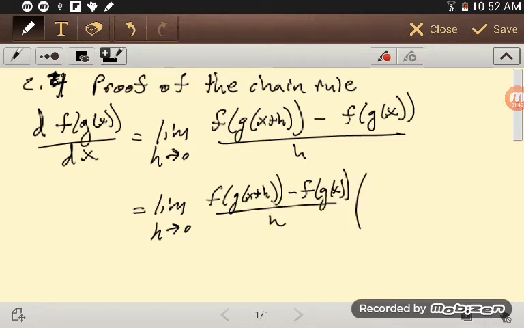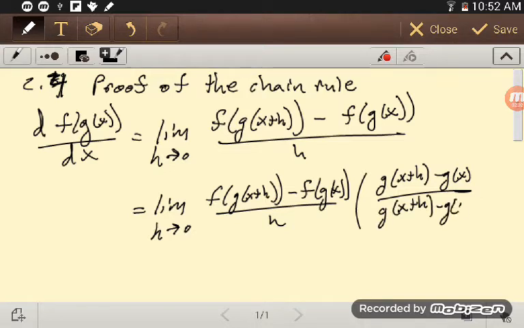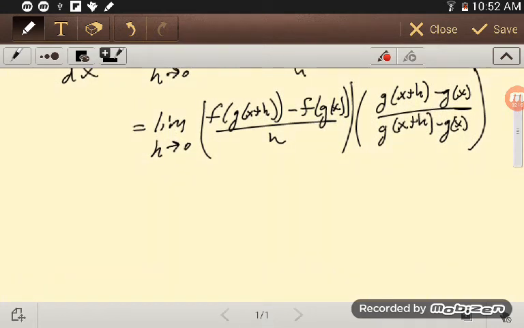Now, when I multiply by 1, I am going to use g of x plus h minus g of x divided by g of x plus h minus g of x. Pretty sneaky, right? But what that allows me to do then is, again, as long as the individual limits exist,